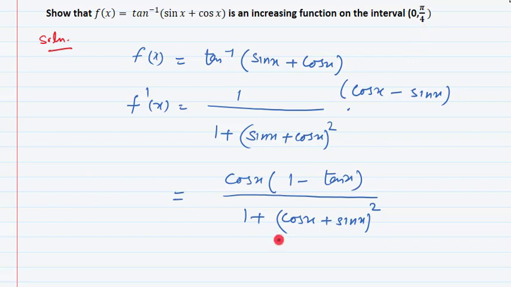So let us understand. Look at this denominator. This is 1 plus (cos x plus sin x) whole square. You know very well that the square of any quantity is always positive. So this remains positive. Side by side it is having plus 1. So no doubt the denominator is always positive. So we mention it over here: (cos x plus sin x) whole square plus 1 is always positive.